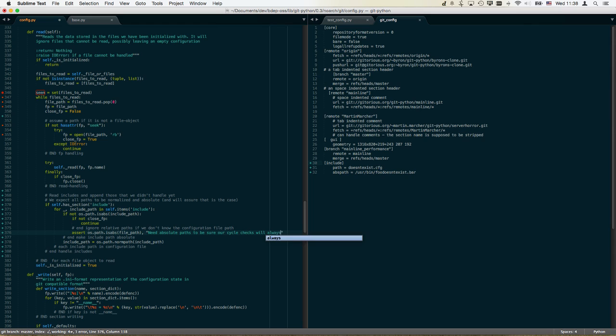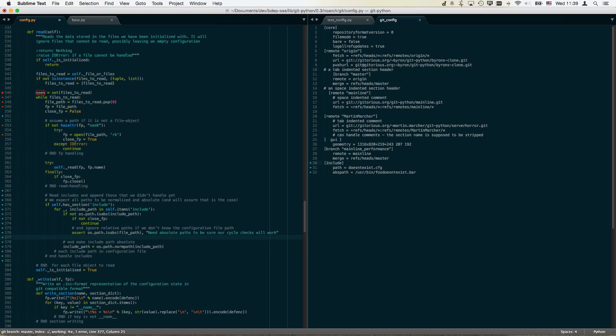will always work. You see, I put a lot of effort here into this cycle check because I really don't want this to fail occasionally just because there are unnormalized paths in there and things like that. I just want to have a common basis for comparison here, to be sure that the seen check will definitely and always work as expected. Okay, so this is absolute. Now we can just